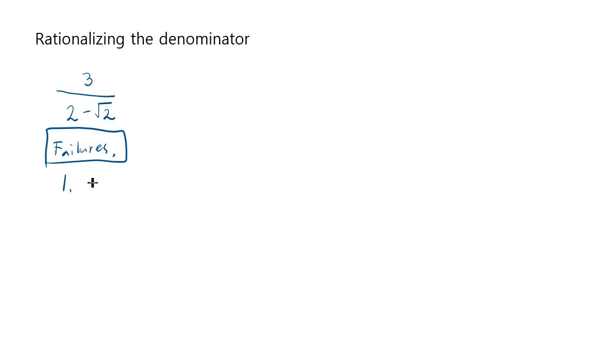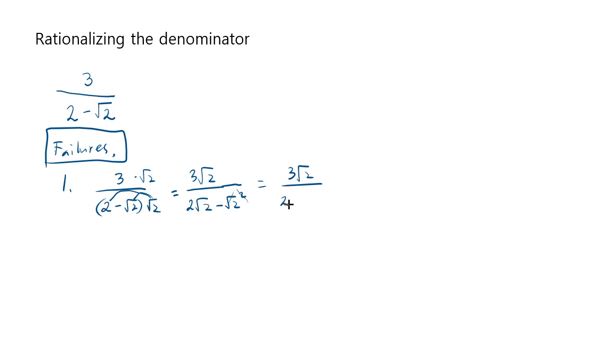Number one attempt would be, you see square root of 2 and say, okay, maybe what we need to do is multiply square root of 2 top and bottom, and the top will be 3 radical 2 over square root of 2 will be multiplied like that, right? So you get 2 radical 2 minus square root of 2 squared, and as we wanted, you have square root of 2 squared, so these two squares cancel, and you get 3 square root of 2